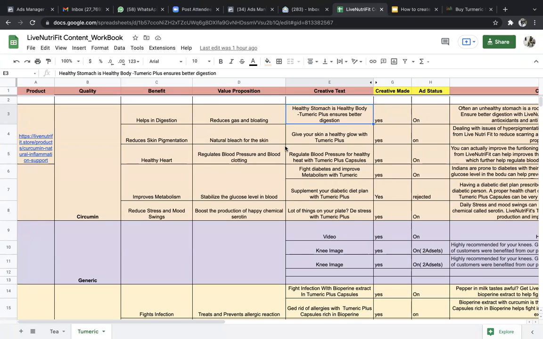So for hashtags, basically the hashtag that you are using right now, you are using it on a different page. That is your question, right? And it is not giving the results.